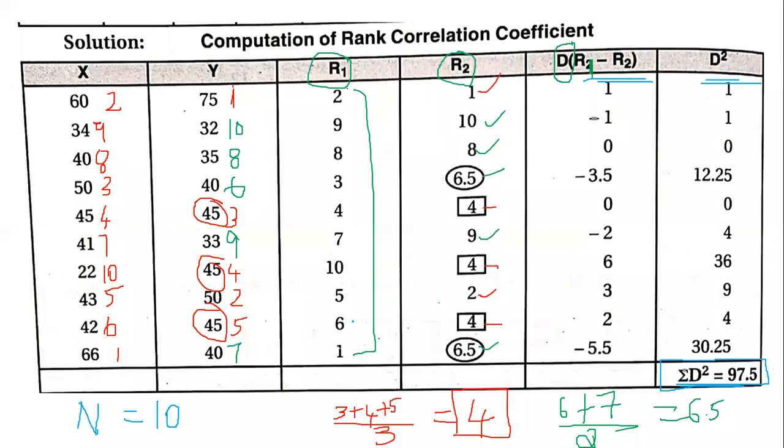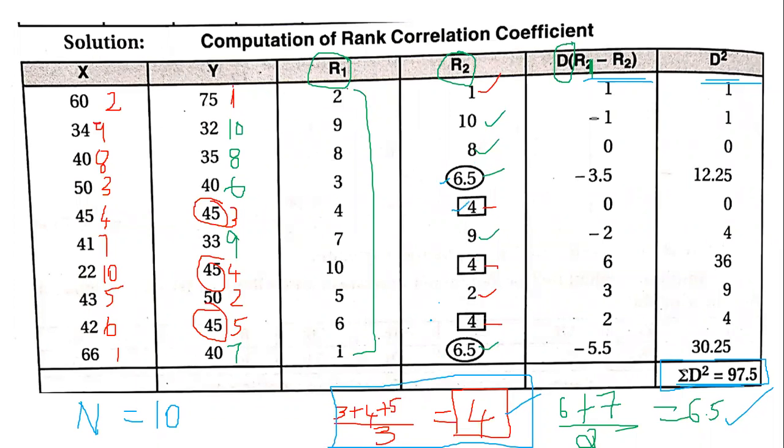Two numbers. Anybody else have a different answer? Okay, it is two numbers because if you see here, we have calculated the average, right? So this is one number which is repeated and this is the other number which is repeated. So we have two repetitions, one which we have put the circle, another which we have put the square.